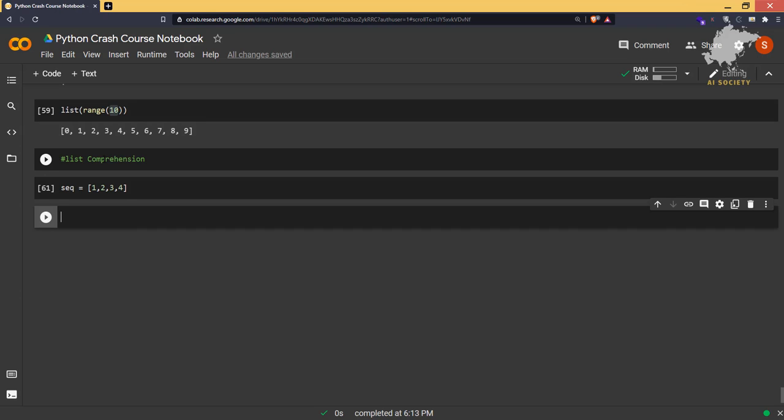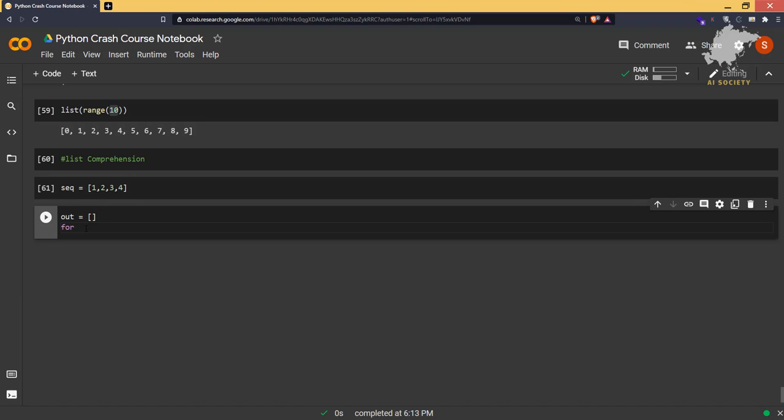So let's implement a block of code. Just do that along with me, and then I'll tell you the benefit of using list comprehension. I'll say out is equal to square braces, which is the empty list here. Later on we are going to use that.